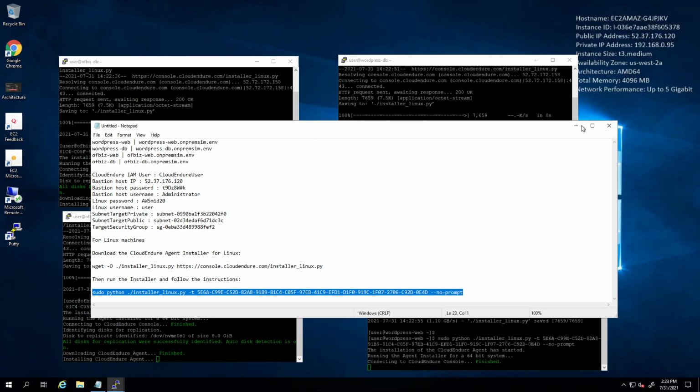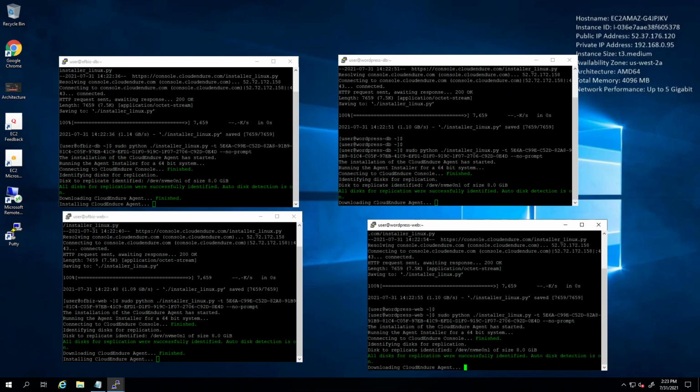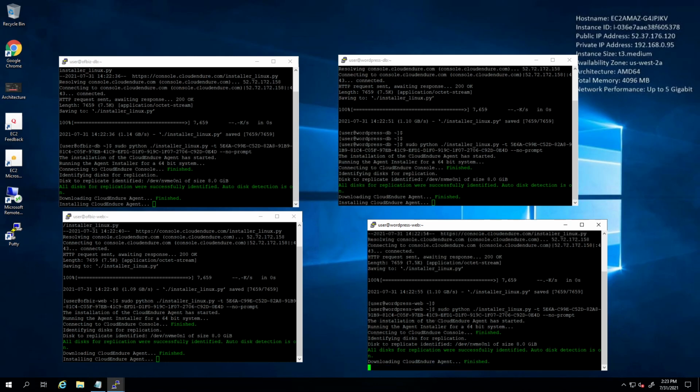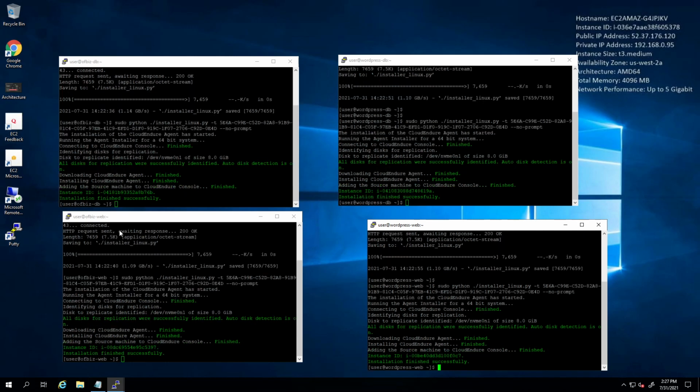Let's give it a minute and it should get installed in all four servers. Now the agent installation has completed successfully on all four servers.